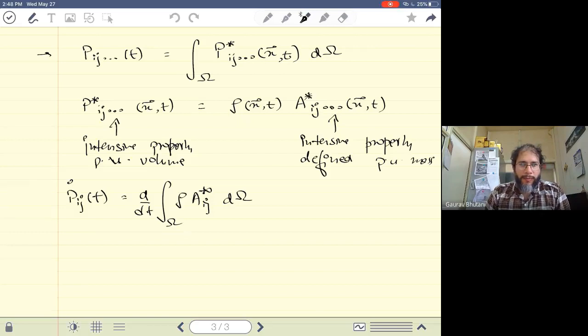Okay, so I've simplified the scenario, so it's only a second order tensor, just for the ease of writing. You can always put dot dot dot in front of that. And I've removed the functional dependence of rho and A on x and t, just for simplification, to stress the mathematics here without the functional dependence.